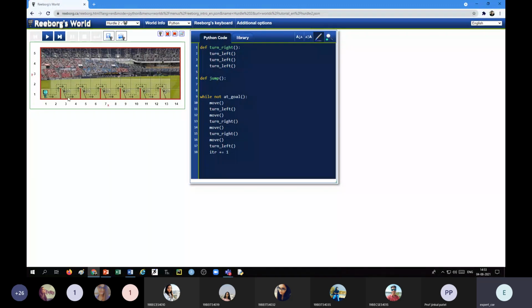Okay, then move and then left. So move, turn right, move, turn right, move and turn left. Okay, Control X. Control V. Okay, so instead of doing this, we'll write here jump.